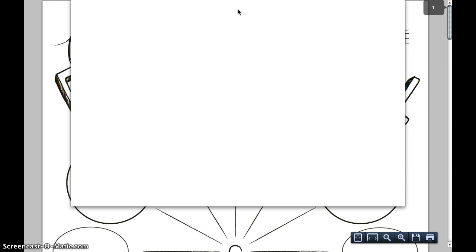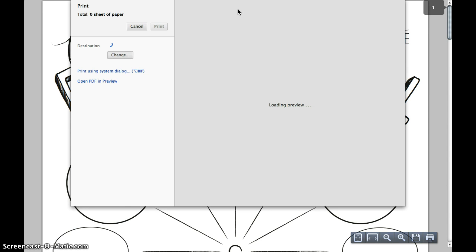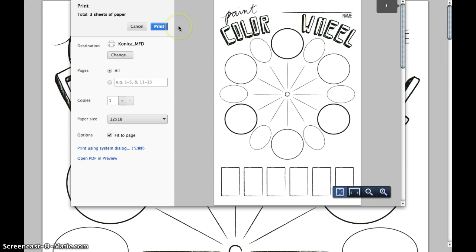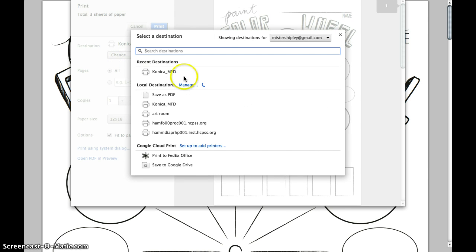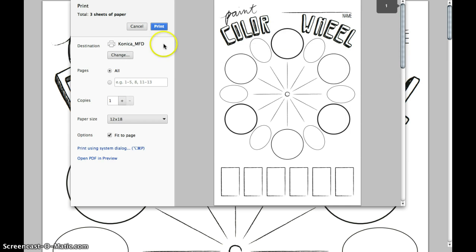Okay, and once Google Chrome or whatever your internet type, whatever, once that dialog box comes up, you have all of these standard options. So you have to choose the printer and all that kind of stuff. I'm defaulting here to the Konica, which is our brand new Office machine. You have all these options. You see that it came up as 12 by 18 because it must know that it's 12 by 18, but